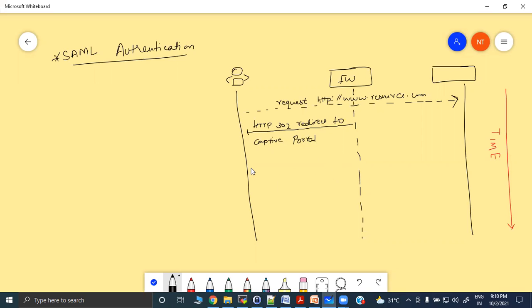Then, in the 302, you will receive the redirect URL. Then you will raise the request to that particular captive portal, right? Whatever redirect URL you have configured, your request will go to that particular redirect portal, service provider, whatever it is. Then you will try to access that particular web page. You will get the web page. You will get the response,